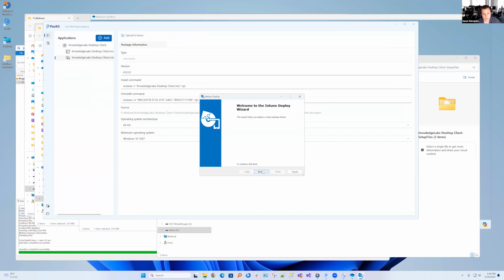Intune server. So the packet tool only packages the application into an Intune win file, which you can further customize in its editor, and after that it will upload the application on the Intune. You will still manage the deployment from the Intune server, but it's nice to have the application ready for deployment. We've seen how easy it is to test the package from the Advanced Installer and spin up the virtual machine. Something similar can be seen here, where we have the application ready for deployment into the